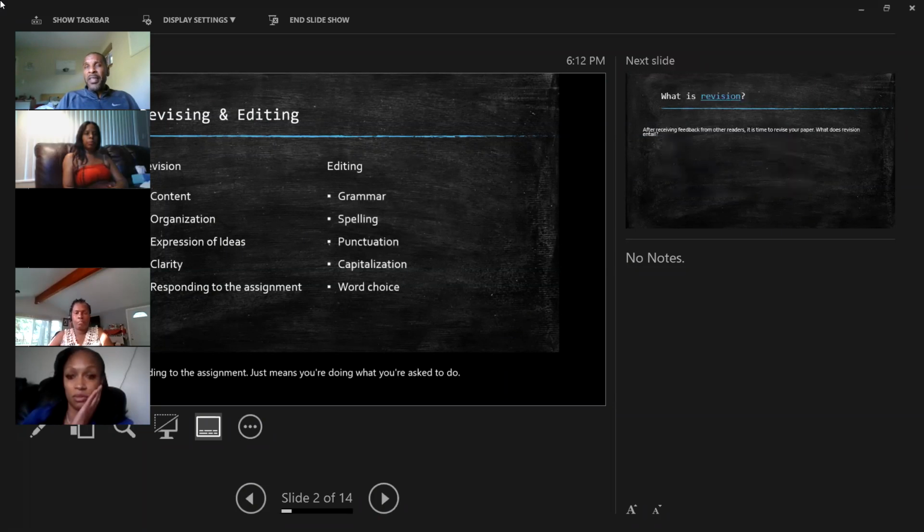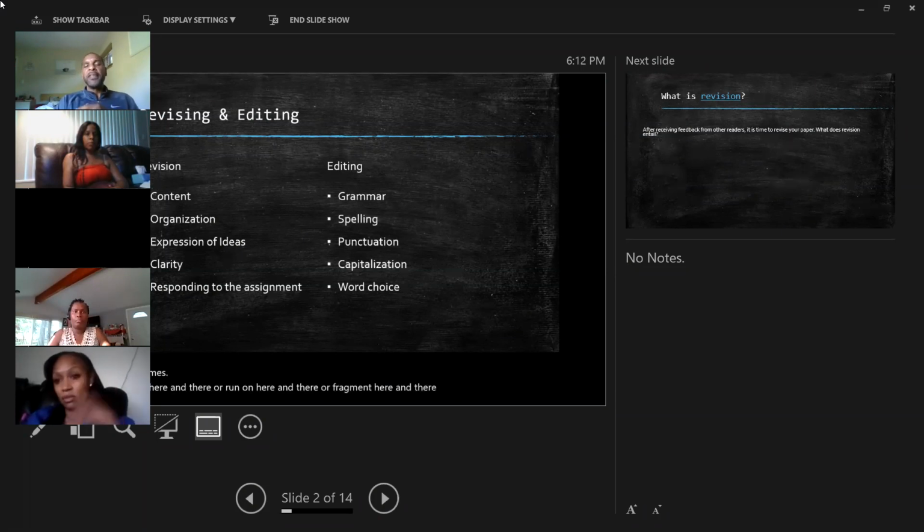Now, most of this category, editing, we're going to be addressing as you go from draft number 2 to draft number 3. But if you want to start looking at it, or if I've already told you to start looking at this stuff, because the thing about editing, sometimes a typo here and there, or a run-on here and there, a fragment here and there, is an easy fix.